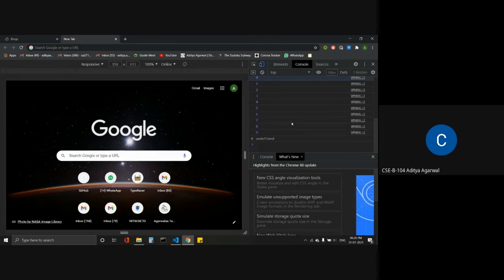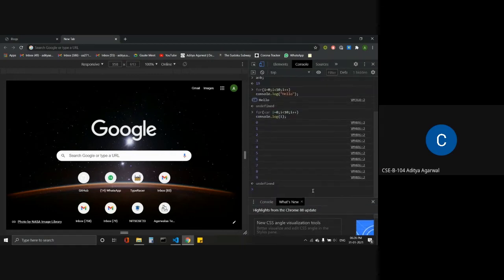The while loop and the do while loop syntax is also the same in JavaScript as in C, but I guess we do not use anything other than the for loop. So I do not understand the importance of the do while loop and while loop.